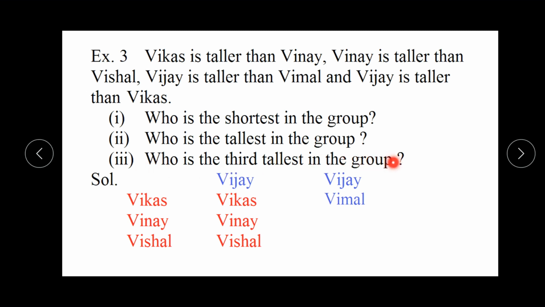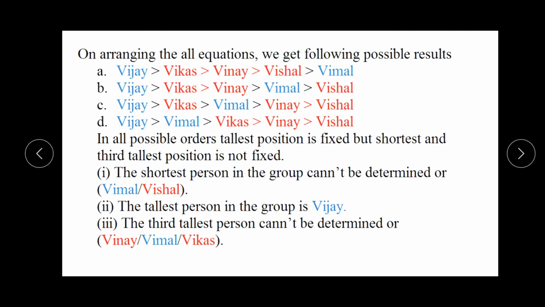But for the third question, who is the third tallest in the group? Vimal can be taller than Vikas, Vimal can be taller than Vinay, or Vimal can be taller than Vishal. It means for the third tallest, Vikas is also, Vimal is also, and Vinay is also a possible name for the third tallest in the group. If we see the possible equations,